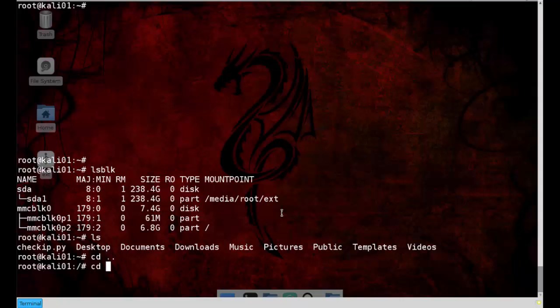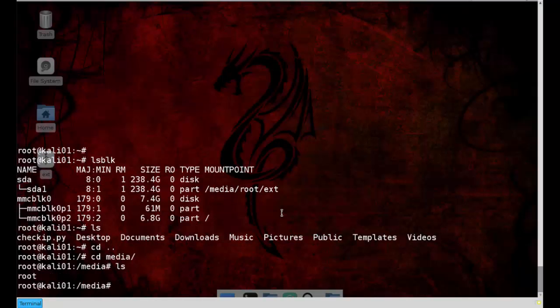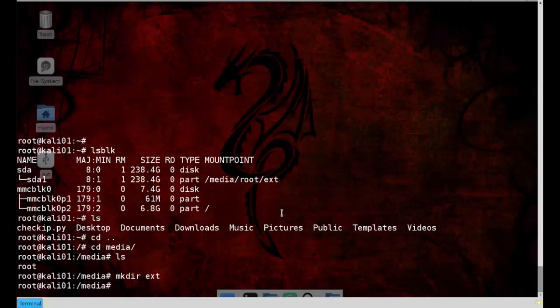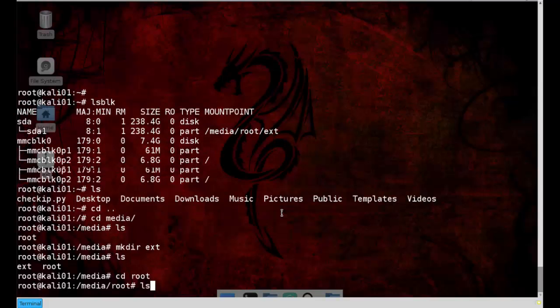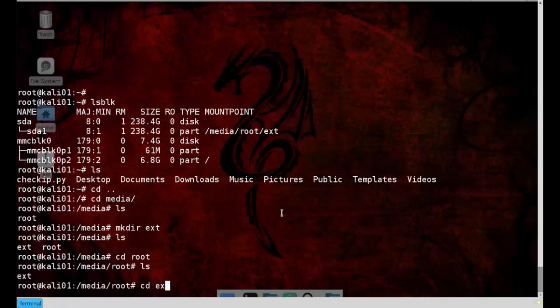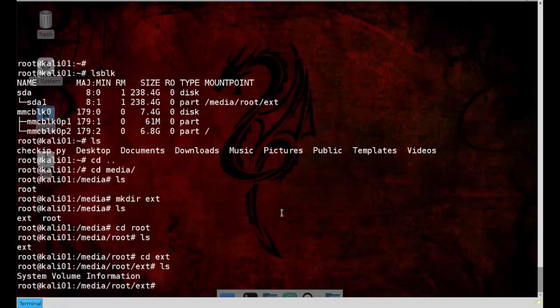I'm going to go ahead and type in cd media, and I'll do an ls, and now you see I have that called root. Now, what I want to do is I'm going to actually make a directory. I'm going to make a directory, mkdir, and I'm going to call this one ext. Okay, so now I have two directories. One's called ext, one's called root, and under root, again, there's my drive called ext, and I can actually open that drive and do an ls,